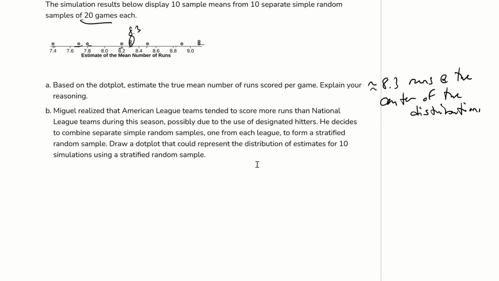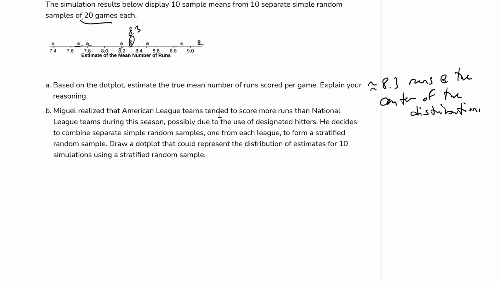Okay, so your dot plot is going to vary. It doesn't have to be exactly what I have here, but the main idea is that, since he's using stratified random sampling, breaking it down by the league, that's going to be better than doing the simple random sample, as long as he breaks it up into strata that actually matter. So in this case, if he does a stratified random sample, it's going to